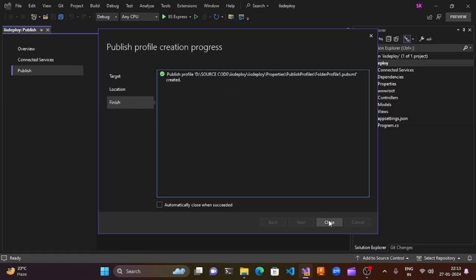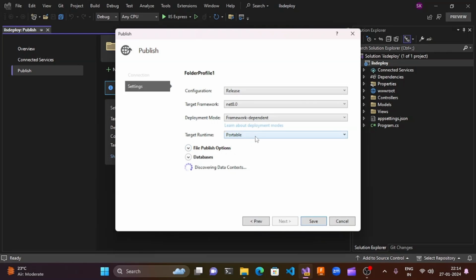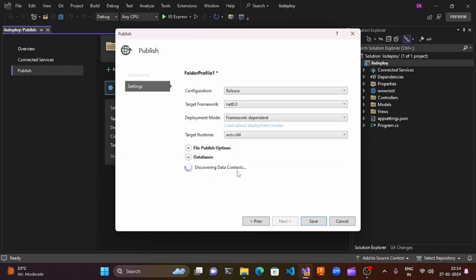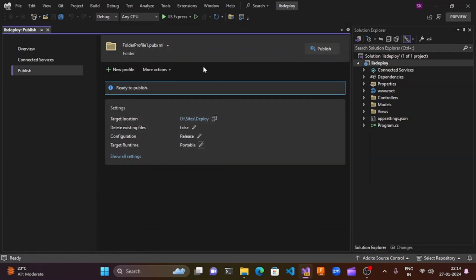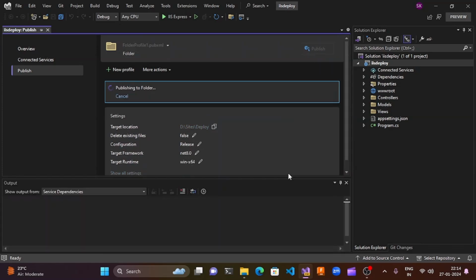and then we click on finish, and it will create the publish profile. In this we have a target runtime portable, so I'm going to choose this to match my platform, which is the Windows 64 version, and then click on save. And then if I click on publish, I will be able to publish this published version of the website